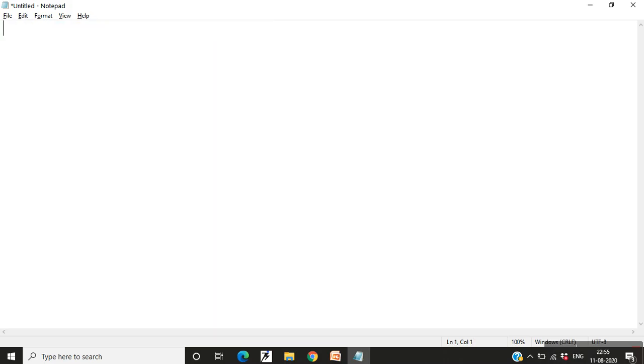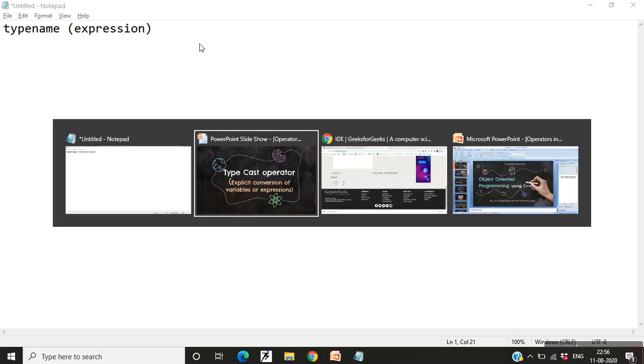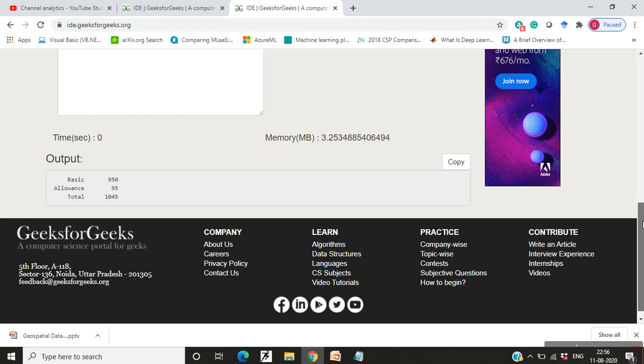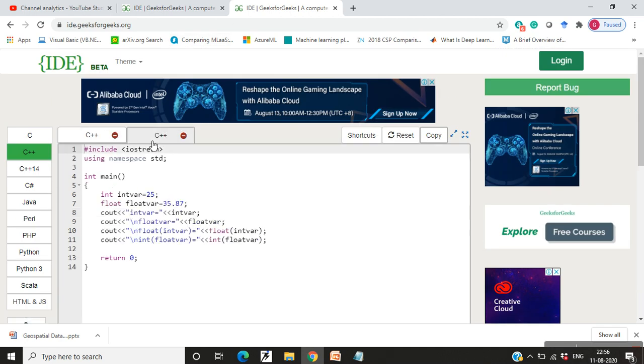The syntax for this is type name, followed by the expression in parentheses. So if I want to convert a particular expression or a variable to a particular type, I'll have to use this syntax. I'll show you the program related to this.